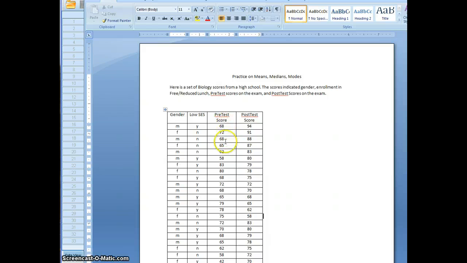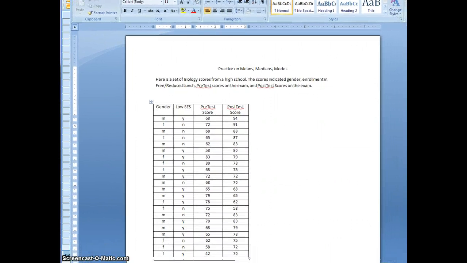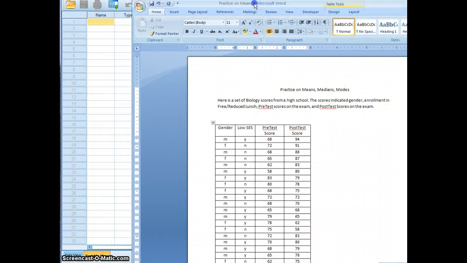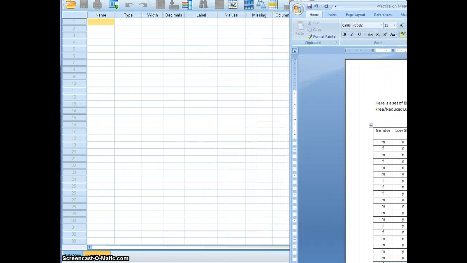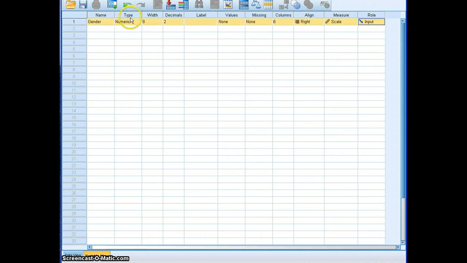This is ratio data, so it's just basic numbers. Over here, this is nominal data or dichotomous because this is yes or no. So that restricts the type of things that we can do with it. In order to put this in, when you're in the variable view, you want to name it. Now I want to name with the same information, gender, and it's going to ask me what type of information